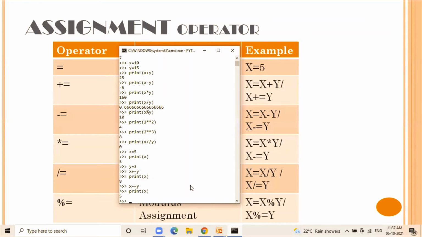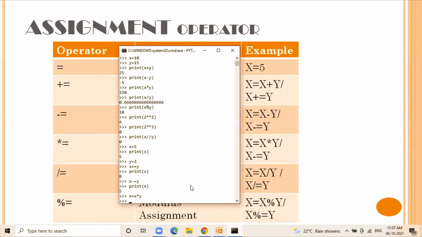The same way, Python supports a multiplication assignment operator, and when you use this expression x equal to x into y, or you can use x into equal to y, that will multiply the y value with the x, and it assigns back the result to the x variable. And if you want to see the value assigned after expression evaluation, use the print function, pass the x variable. Now you can see 3 5s are 15. The answer is stored back to the x variable, and you can see the content by printing.